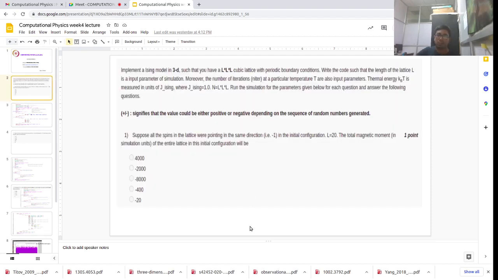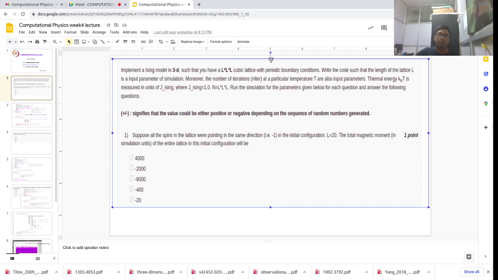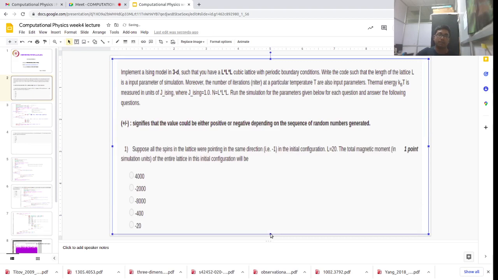So as you can see from the lectures of the faculties, they are teaching about the Ising models, and most probably they describe the Ising model in 2D, but in our case we have to implement the Ising model in 3D as per this assignment. So all of you are capable of seeing these questions, right? Yes. Okay. So the question is telling that implement Ising model in 3D such that you have L into L